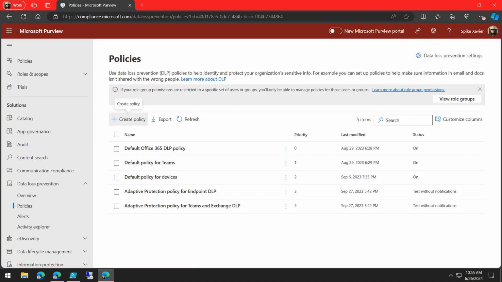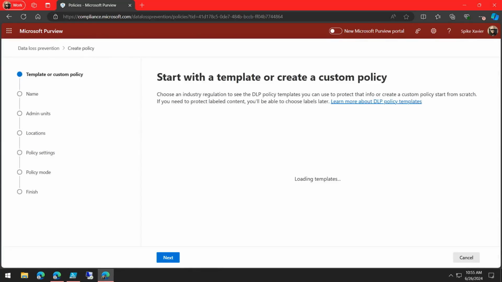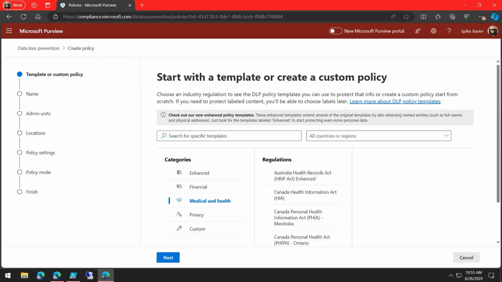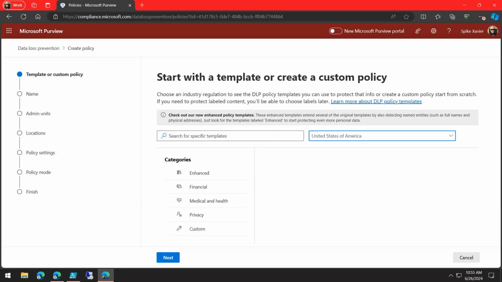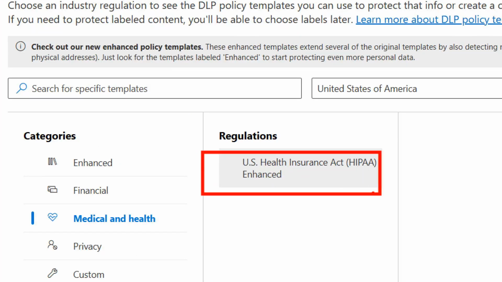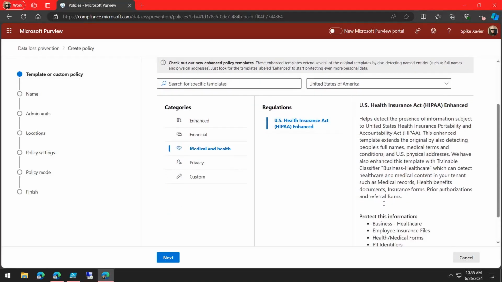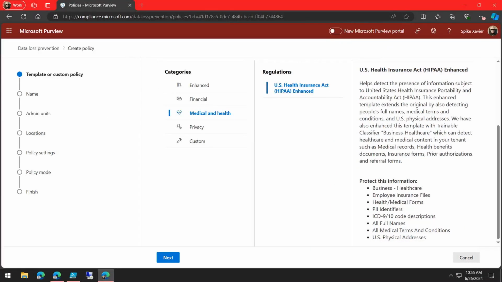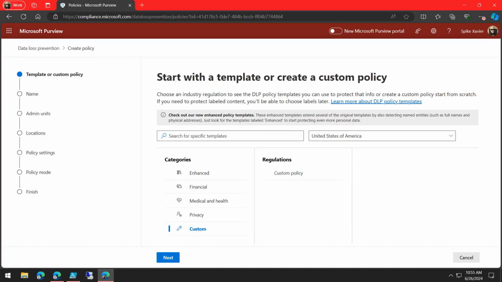I could say create policy, and if I was a healthcare institution and I needed to create a policy around, say, HIPAA compliance, I could choose a template. I could choose a template, for example, under medical and health, and I could say for all countries of region, United States, and it would say, all right, we already have a HIPAA template that will look for all the sensitive information types that you need to look for to be compliant with HIPAA. But in this case, I'm going to choose a custom template because I'm going to create a custom policy